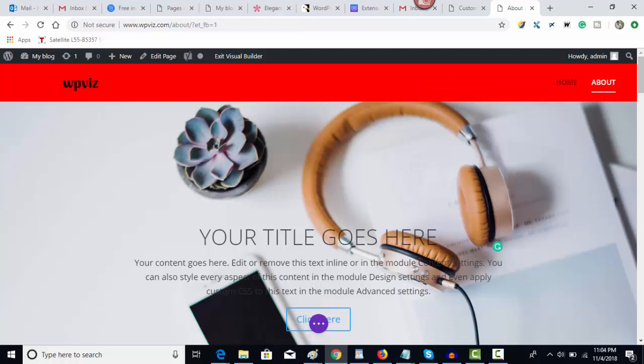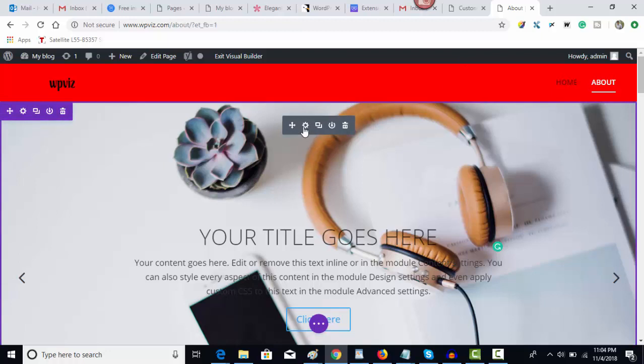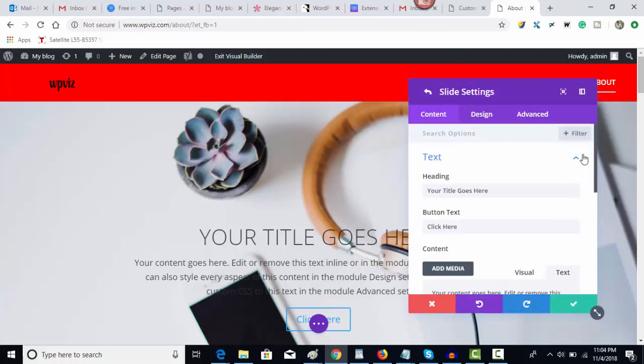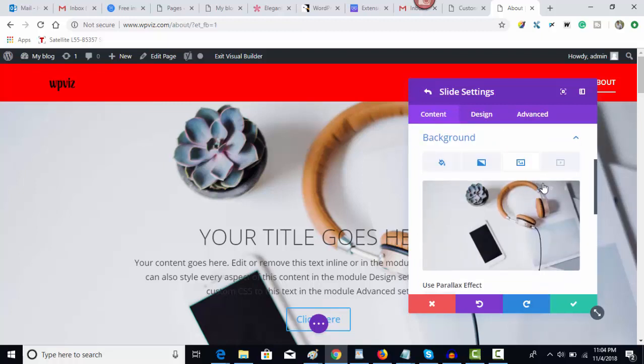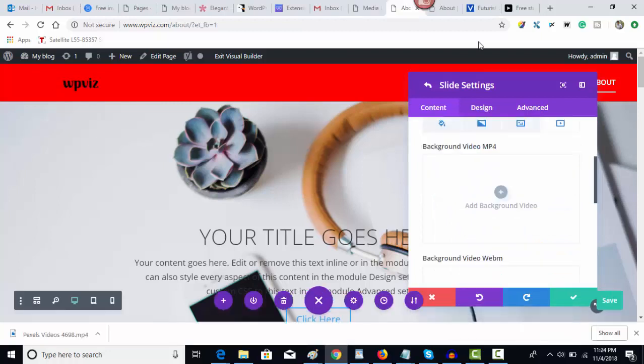Alright guys, so this is the option number 3. So let's move to the option number 4, and the option number 4 is, so go back to background. So option number 4 is background video. So here you can add video background for your slider. So let me add a video background file for you,